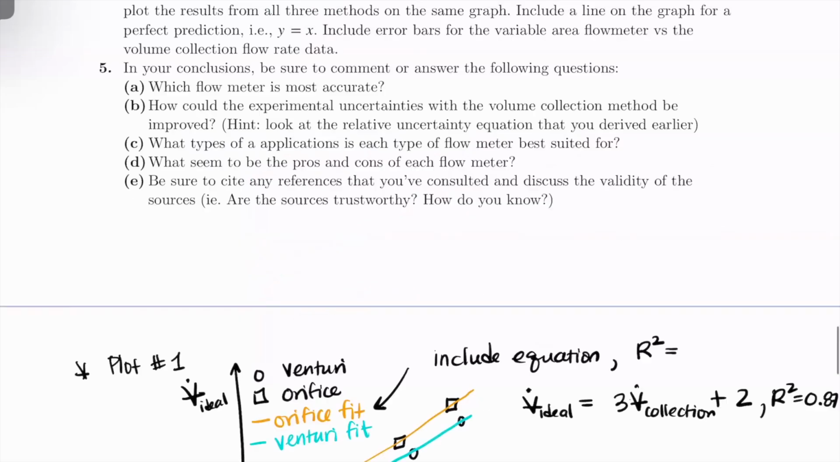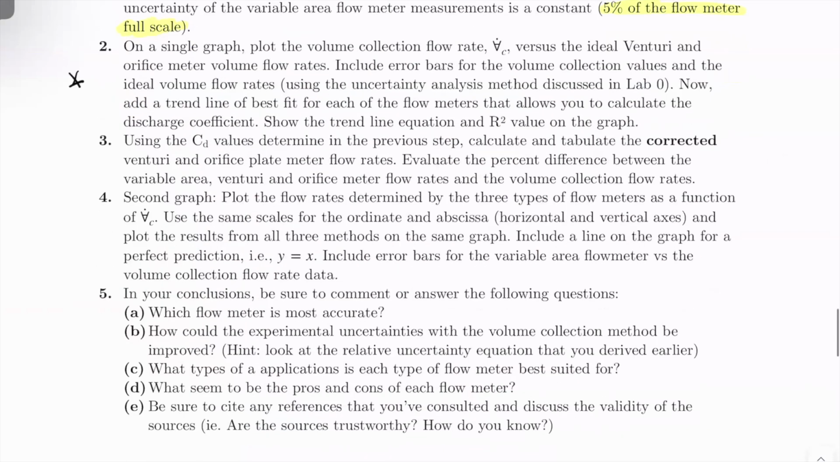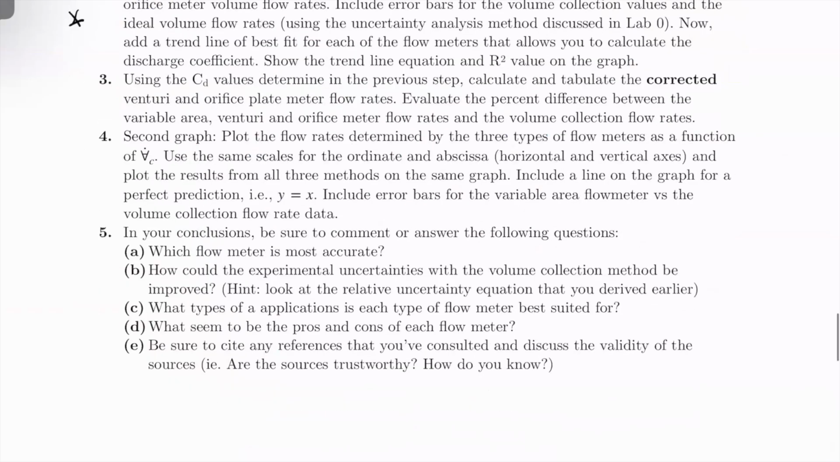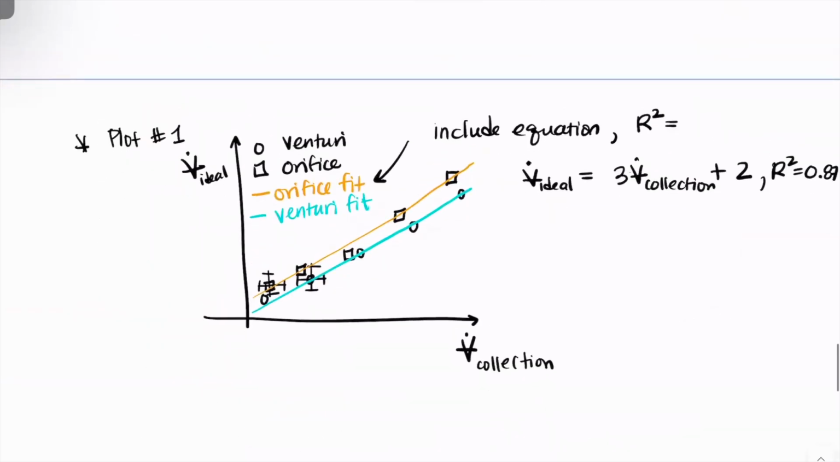Okay, so this is plot number 1. Are there questions on that? Or does it make sense? It's okay? Okay. And based on this plot, based on these fit lines,